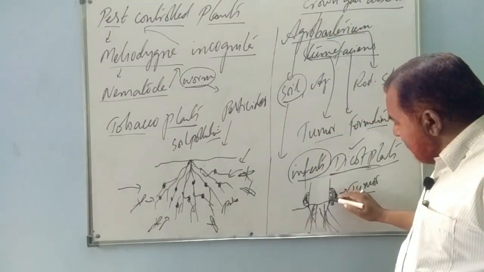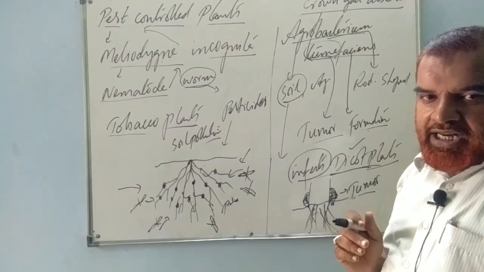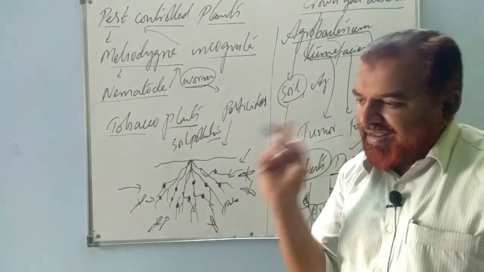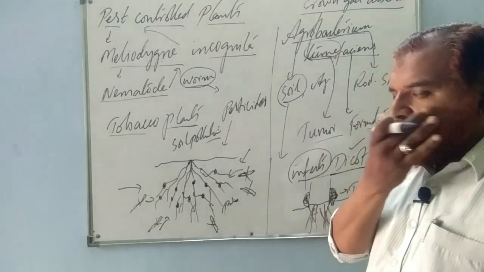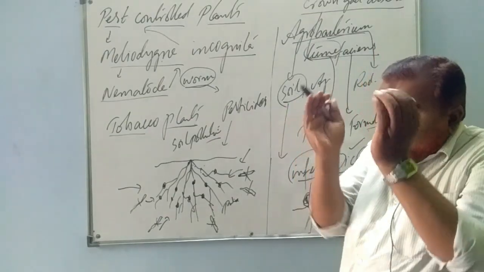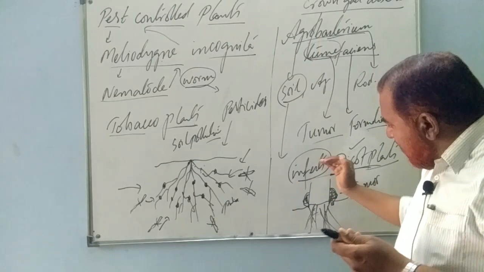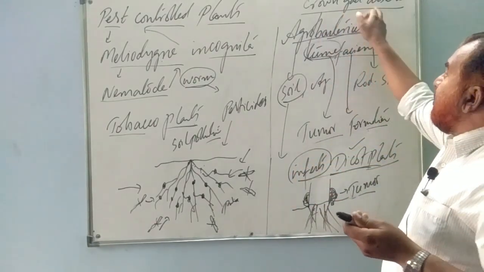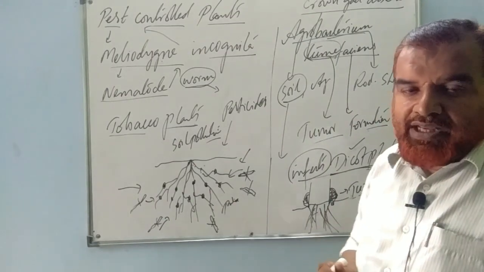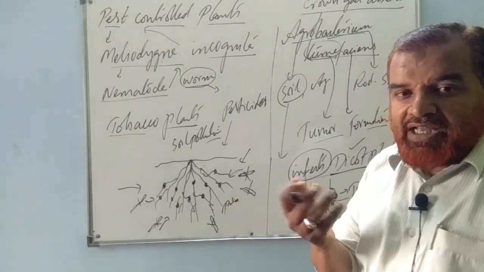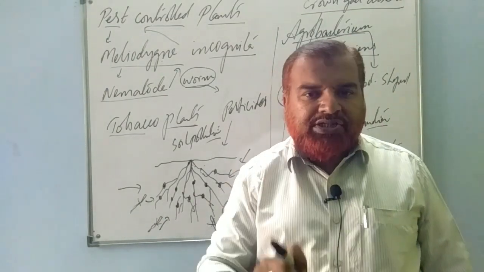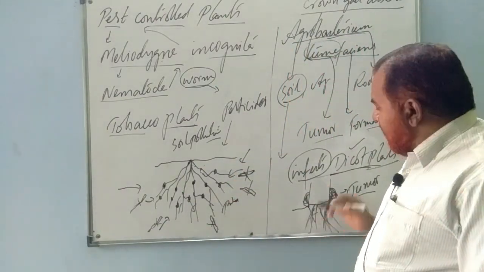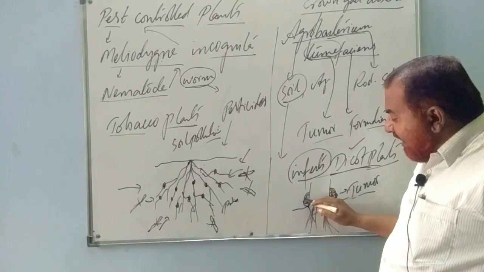Crown is this region immediately above the soil where the stem starts, that region is referred to as the crown, like a ring, like a crown region. Gall, crown gall, means swelling, tumor formation. Roots, stem, toward the stem like this, crown gall disease. This can also be asked: name the species or name the organism that causes crown gall disease. Which one? Agrobacterium tumefaciens. Fine, clear. So naturally it infects.